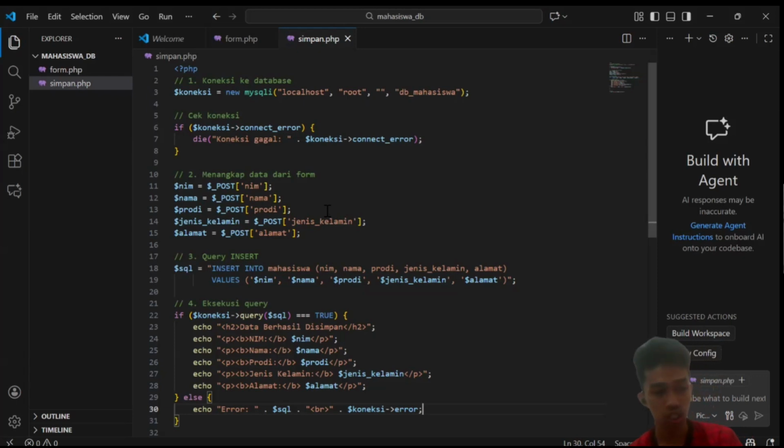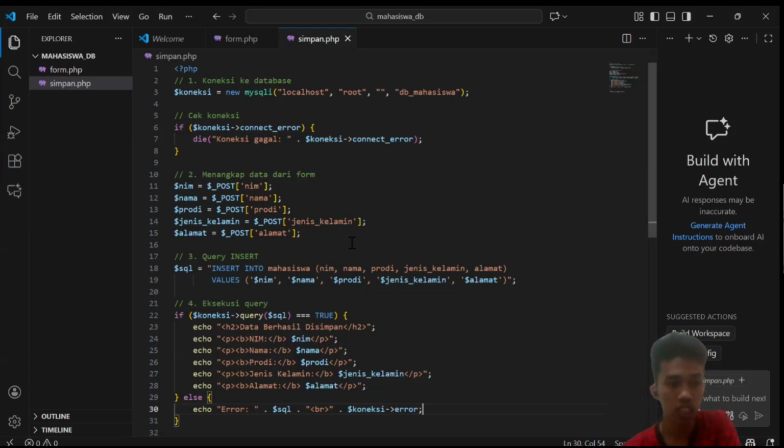After the new mysqli function runs, PHP attempts to connect to MySQL. If the connection fails, the program immediately stops and displays an error message using die. However, if the connection is successful, the program continues to the next step. Once the connection is established, PHP retrieves all the data sent from the form using the POST variable.